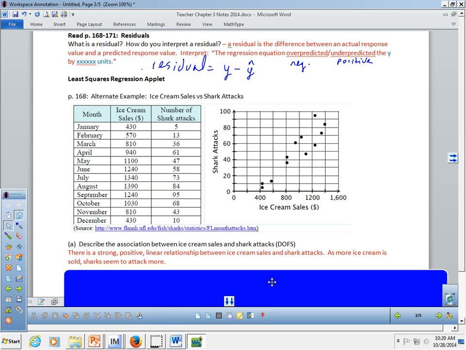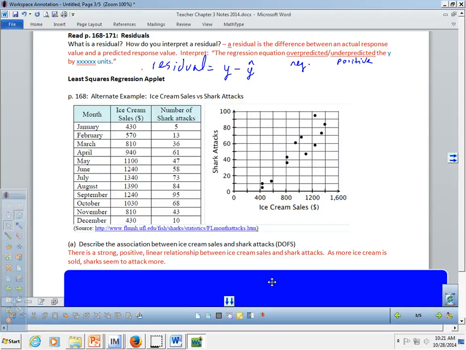There's a strong, positive, linear relationship between ice cream sales and shark attacks. What that tells me is that as more ice cream is sold, sharks seem to attack more. Okay, and you can word that however you want, but that's basically what this data is telling us. With an increase in ice cream sales, there's an increase in shark attacks. Sounds ridiculous, all right, but